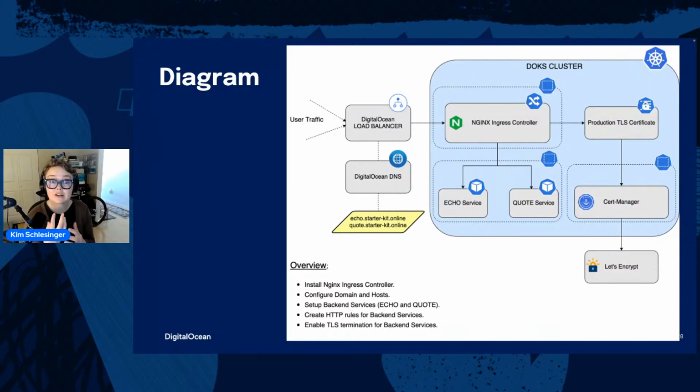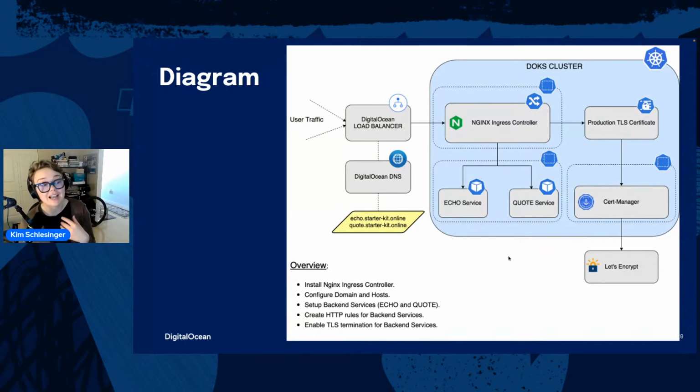Then we configured DNS. I bought a domain from name.com and switched the name servers to use DigitalOcean name servers. Then I added an A record saying, hey, anyone who goes to quote.kubetips.online, I want them to have access to the data in the quote service. So then I deployed the quote service inside the Kubernetes cluster.